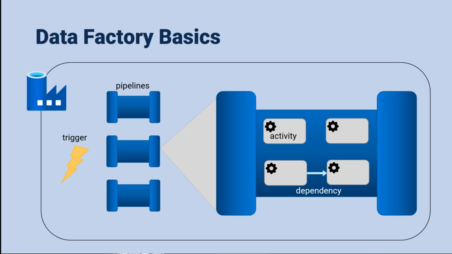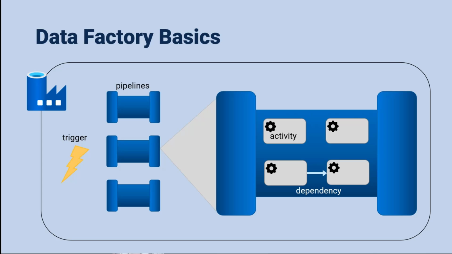Now that you know a little bit about me, let's cover a little bit about Data Factory to make sure we've got the basics down. Data Factory is a cloud-based data orchestration, integration, and transformation tool. Inside a Data Factory are pipelines, which are a logical grouping of activities that act as the unit of execution. Pipelines are executed by triggers, and these triggers can be manual, scheduled, tumbling time window, or event-based.